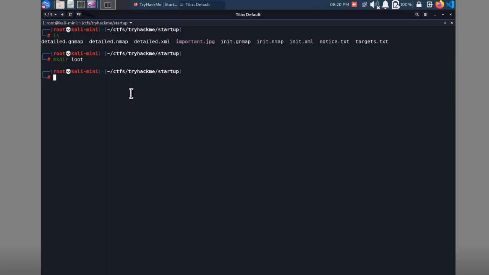So let's go ahead and move these files over, and so you can kind of see that I've had a little bit of this already. So we'll just do the files that I've downloaded. Okay, so if we go into the loot directory,